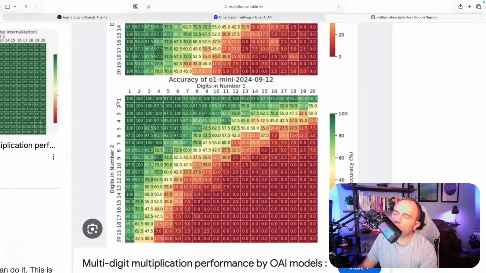But as you notice, when we start to get up into really big numbers, we start to see a drop off in accuracy. And this is just the nature of large language models. Large language models are essentially next word predictors, and whenever you have a next word predictor, there's no actual mathematical calculation going on. So when you ask ChatGPT what is 2 plus 2, it's going to get that right, but only because large language models are trained across all public internet data, and all of it has always said 2 plus 2 equals 4. So it can't do date and time, and it can't do calculations. What else can it not do?